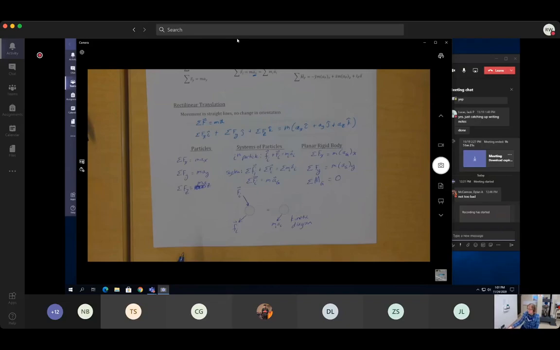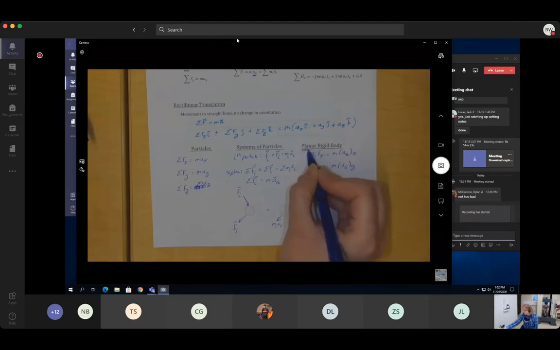Okay, so we've got particles, we've got systems of particles that are essentially adding up a whole bunch of particles into one general system. And then if we take all of those particles and we make them kind of one rigid object that's moving in a plane, and I'll point out this is planar rigid body motion, we're sticking with 2D for the rigid body motion,